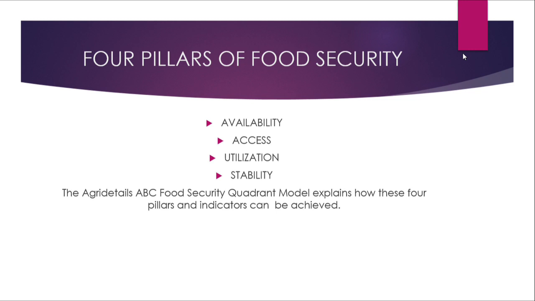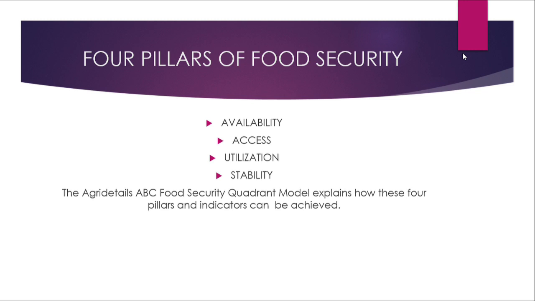Another thing is access. What is the meaning of access? Food can be available, but you don't have the financial power to buy it. Food can be available, but you don't have the muscle to eat as much as you want. The food is available in the market. It's there. It's plenty. It's numerous. But you don't have the financial power to buy it. That is access. So for us to say we are food secure, the food must be available, and the food must be cheap. That is where we say we are food secured.